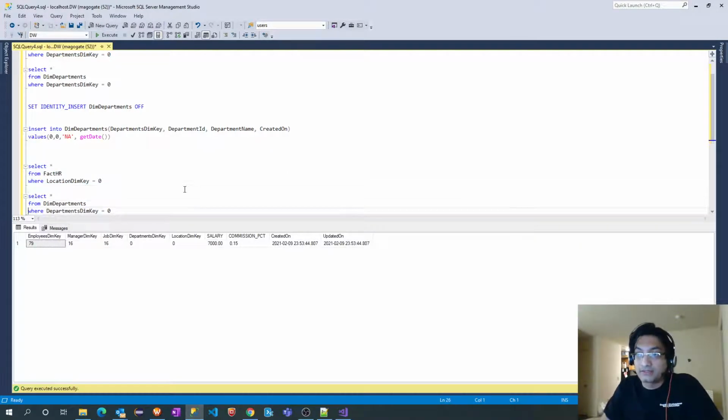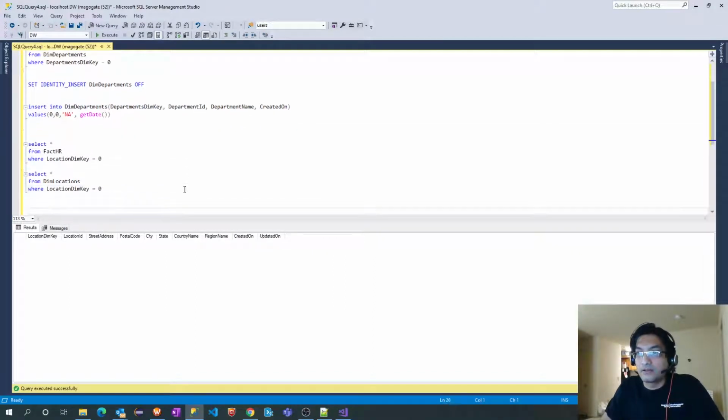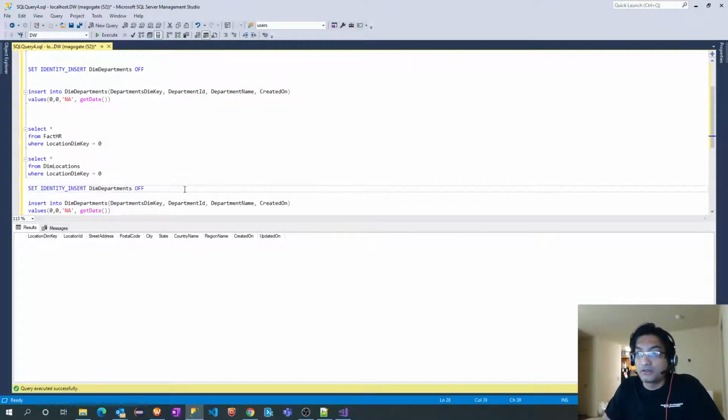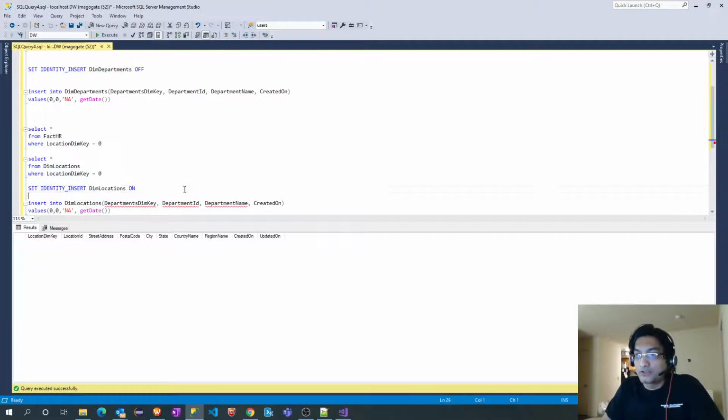The zero value does exist, so let's look at dim locations. It's not there, so I will insert it. But before insertion, we have to use set identity insert on for dim locations. What values do we need to populate?